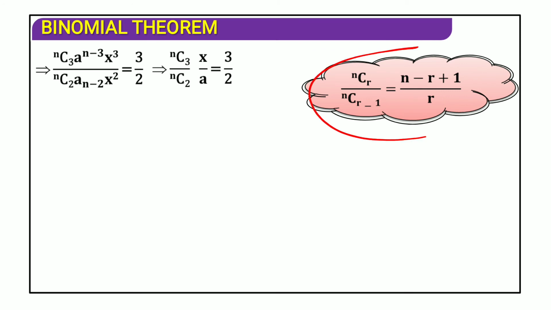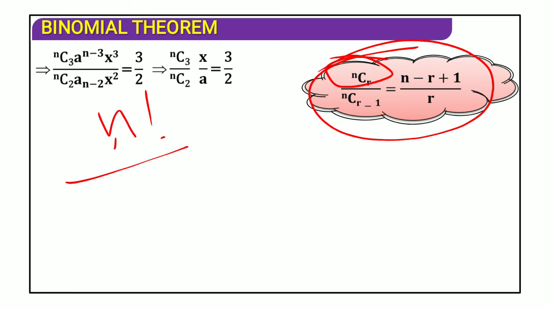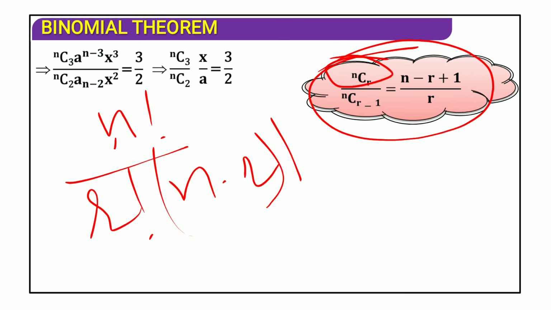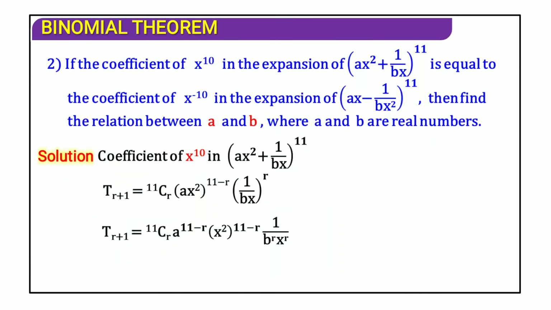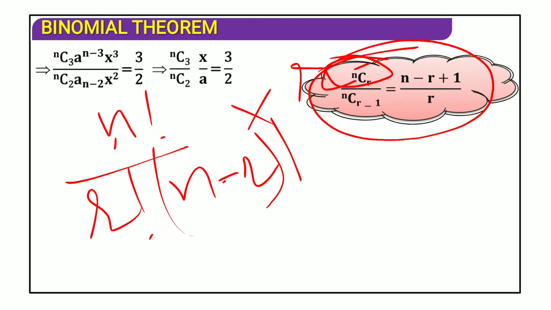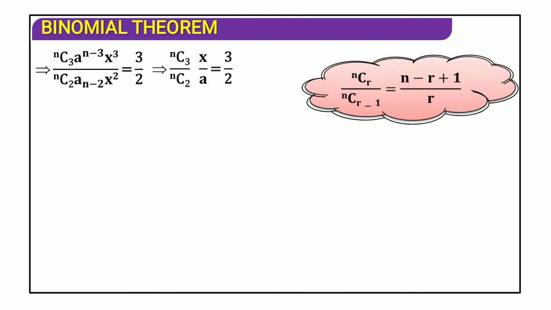As you know this particular formula, if you want me to derive, I can derive it for you. The formula of nCr is n factorial upon r factorial, n minus r factorial. Multiplied by r minus 1 factorial in numerator. I am removing it so that I can easily solve this for you. Let me give a minute.